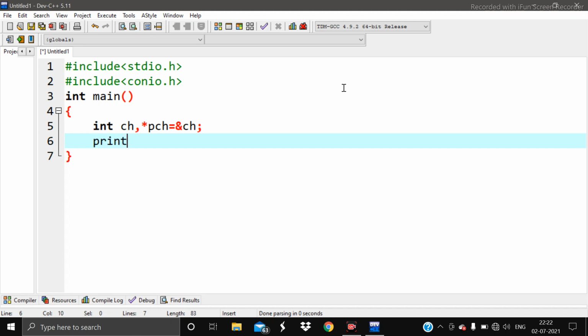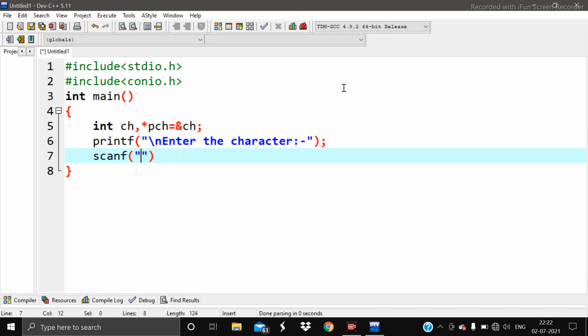Now we have to take a value from the user: enter the character. Then we will write the scanf for taking the value as a character from the user. Then we will use %c as the format specifier, because we are supposed to take the value as a character, not as a number.